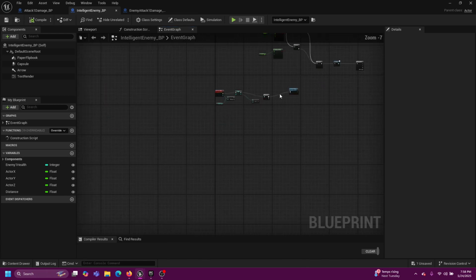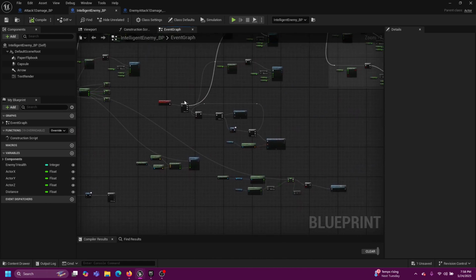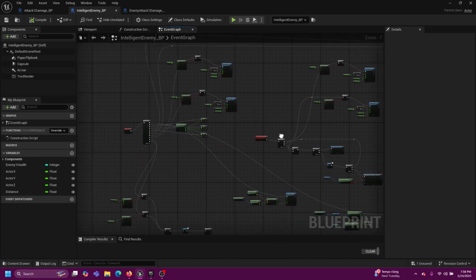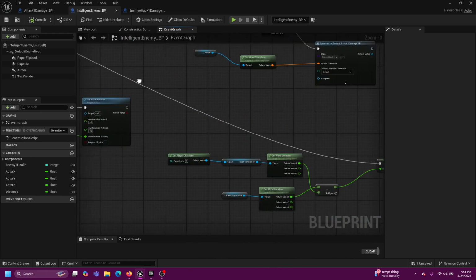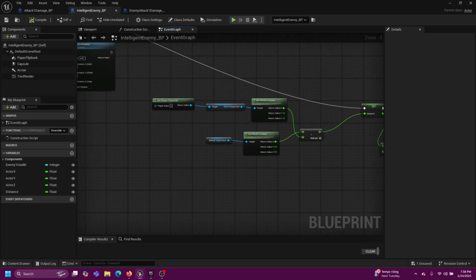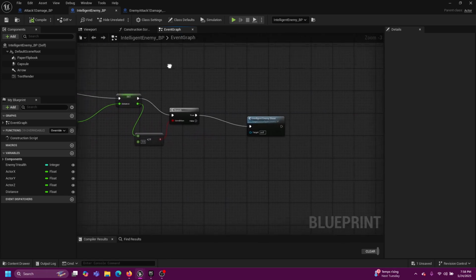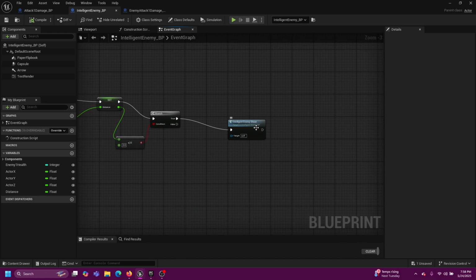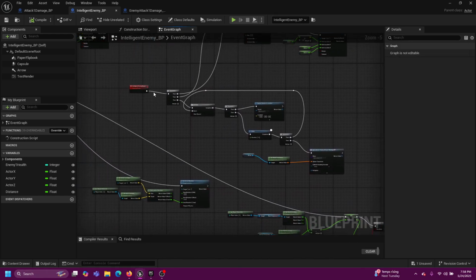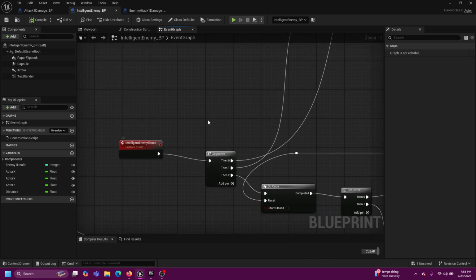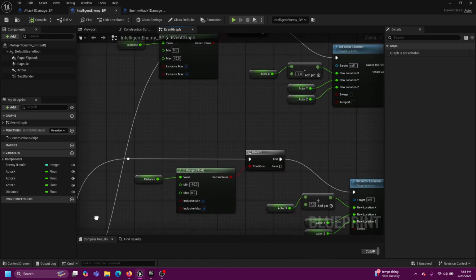Compile, save. Here it is. Whenever our character is in range, it's going to call enemy shoot, that custom event that we created right here. And enemy shoot is going to